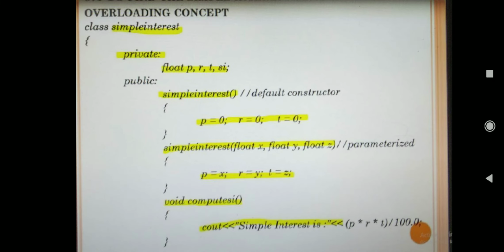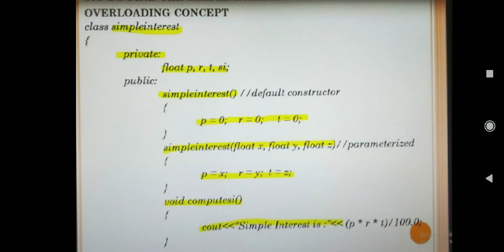Observe the public. Before that, after the class word you see a word called simple interest. Under public you can see simple interest twice. The first one is the default constructor and the second one is the parameterized constructor.